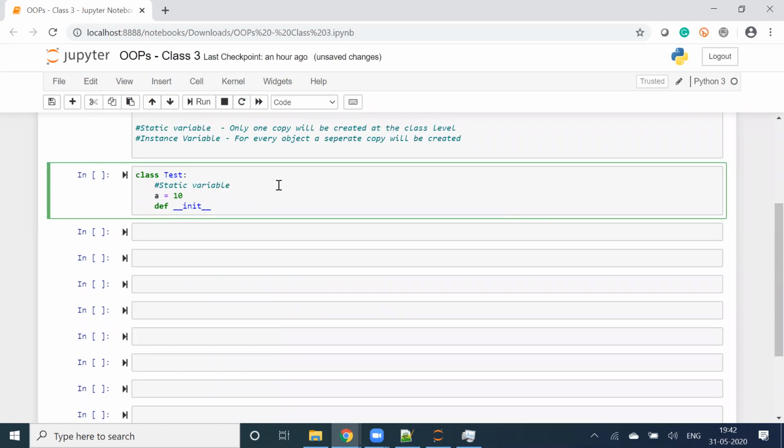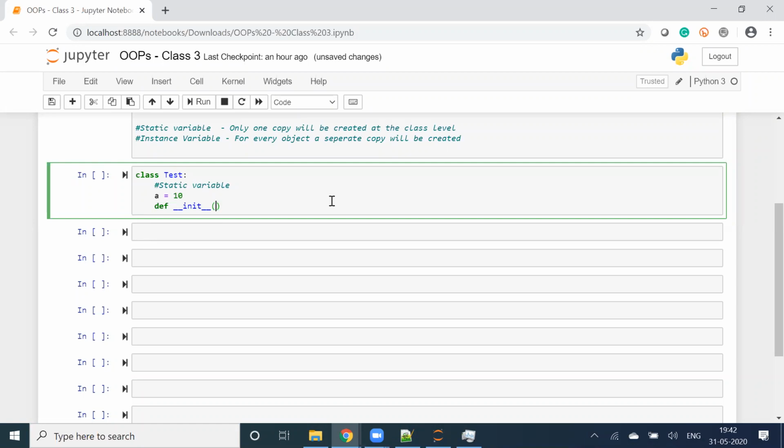I'm not using self or anything. It's a static variable. So for example, where will I use a static variable? Let's say I have a bank and I have a fixed interest rate. So what I will do, I'll call interest rate at the start. I know that it will be a fixed value. So in that case, I'll make interest rate equal to, let's say, 10%, and then I'll use this as a static variable all over the place, which cannot be changed, like which I don't want to change basically. It's a fixed value. We can change it, but we don't want to change it.